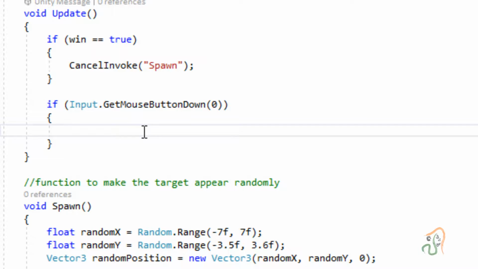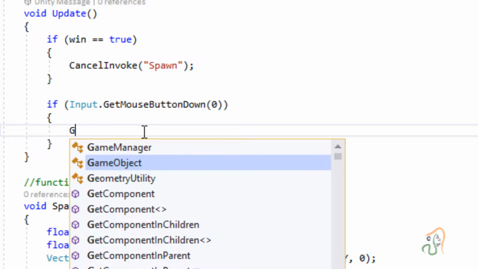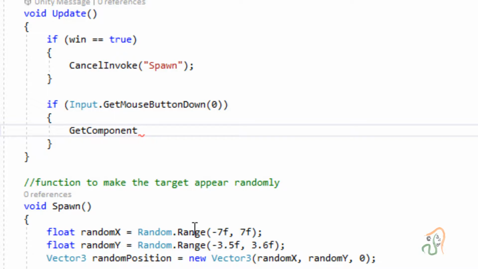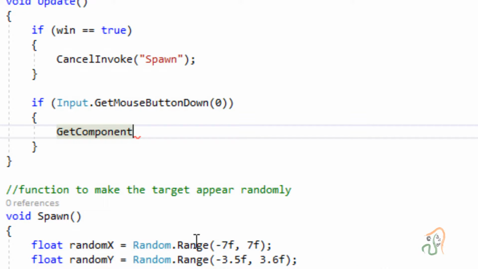So to play the audio source, we have to first get that audio component. So to get the audio component, here in the condition type GetComponent, and for all components we are going to call it using arrow brackets, that is left and right arrow, and in between the arrows we are going to type the AudioSource.